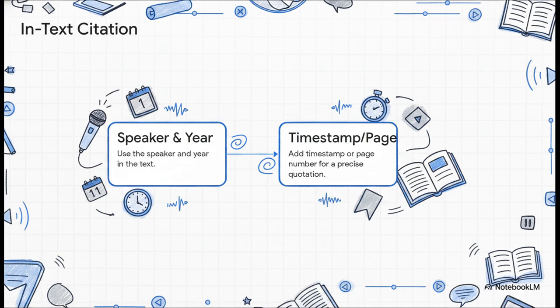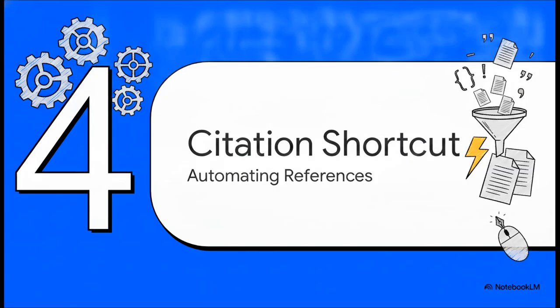Here is how you build a precise in-text citation. Step 1, you must use the speaker and the year right there in the text. This immediately signals to the reader whose words are coming next and when they were spoken. Step 2, if you're pulling a precise quotation, you have to guide the reader to the exact spot. For an audio or video recording, you add a timestamp. For a written transcript, you add a page number. Think about how incredibly helpful this is for a second. If you're quoting a 2-hour-long keynote address, your reader shouldn't have to blindly guess where that quote happened. By dropping in a precise timestamp, you are giving them an exact map right to the moment those words left the speaker's mouth.